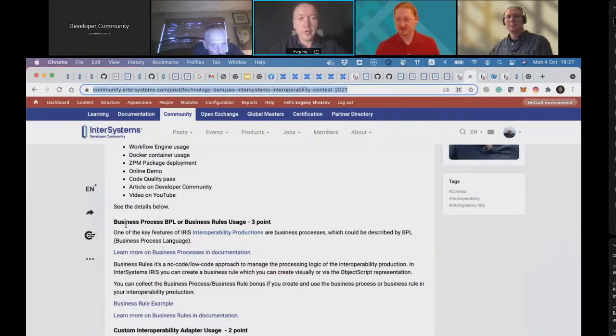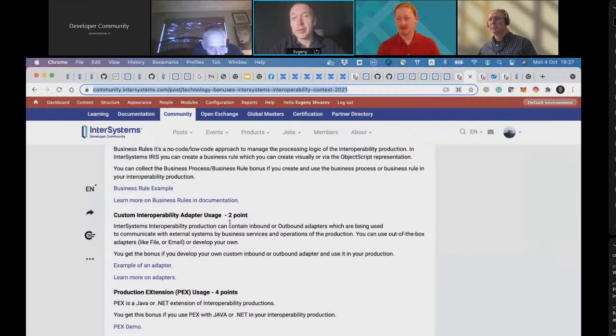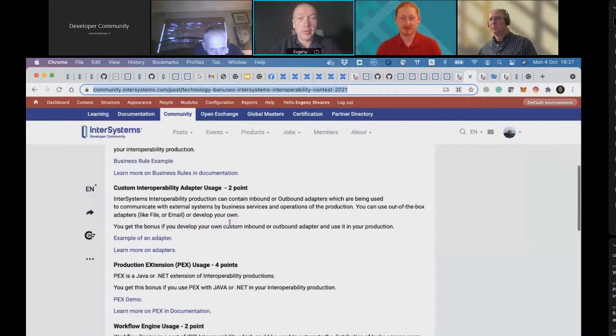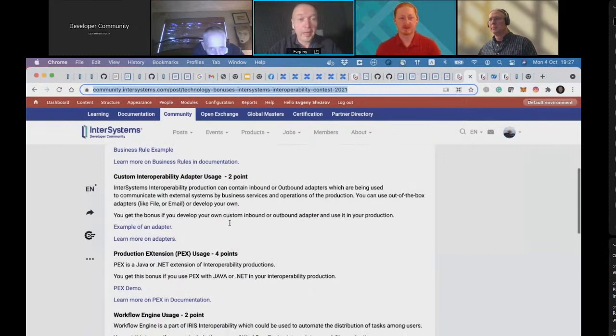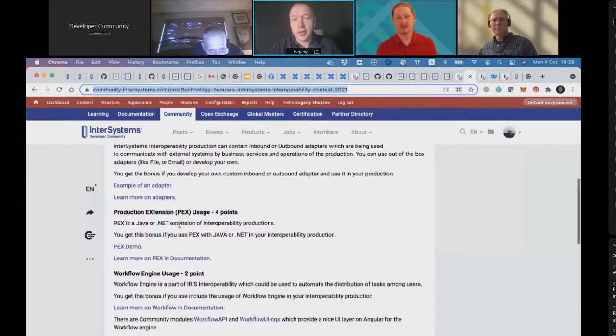For example, if you use business process or business rules, you get 3 points. And if you introduce a custom interoperability adapter, you get 2 extra points for each, so maybe you introduce several. And if you use Production EXtension or PEX, you get even more, like 4 points, because it's a new feature.